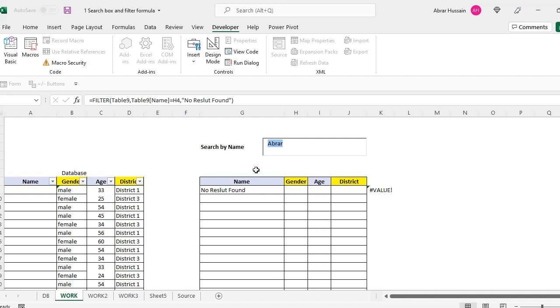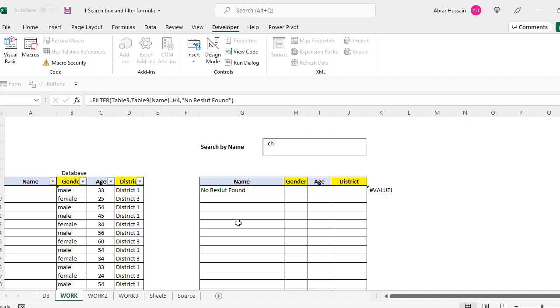If you want that when I type Sultan, at least, all those names which contain Sultan, or all those names which contain Ahmad, or whatever you want, all those should appear here. It should be a dynamic search box. It should not go to the exact match only. For example, if I type A, here I should see all names with A. If I type here CH, all those names which contain CH should appear, because that's very difficult to type the exact name and after that you find a result. If it's for a verification or something, then it's okay.